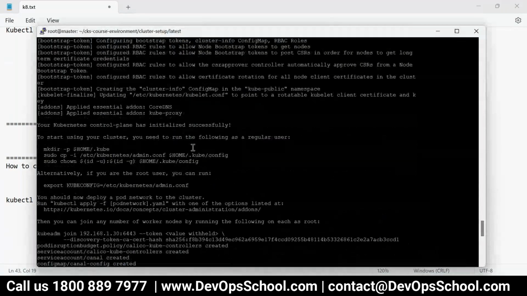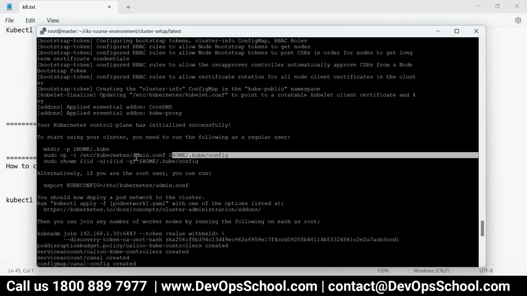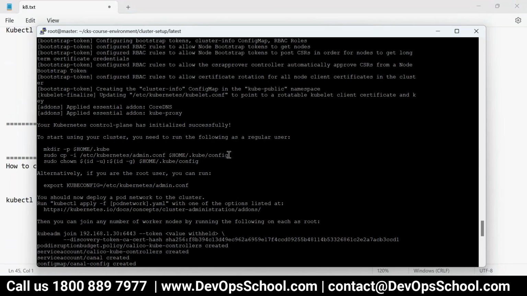You might have noticed this config file, see here. In this directory you need it. So you can copy this file from the master, which is here. Look at this master. This file I need at this location, and then kubectl will be configured. So what will be the content? This file will have the content of where the API server is, certificate, token, and all stuff like that. We call it a kubeconfig file.